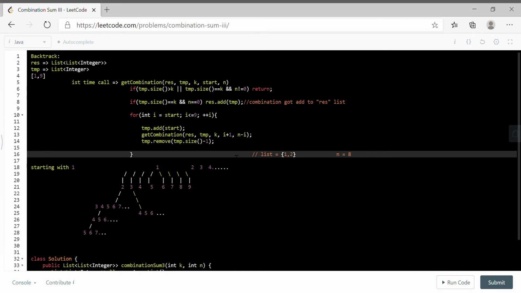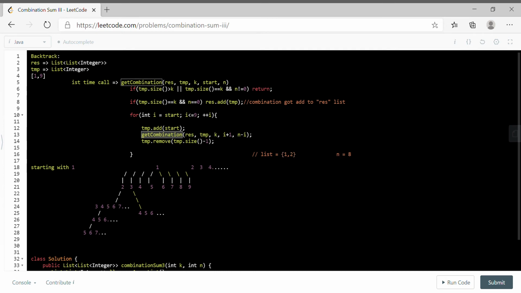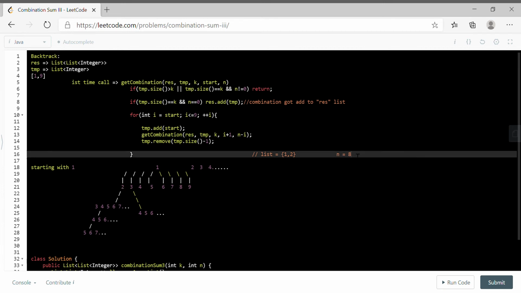Again from this 2 we will call get combination. This is recursion. In that we will pass 2 plus 1, nothing but 3, and subtract 2 from the total sum. Why are we subtracting? Because in a combination we have already included it.